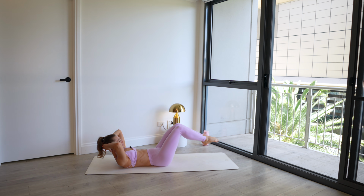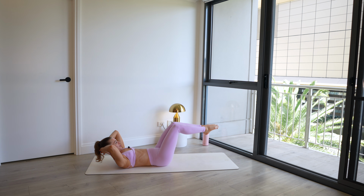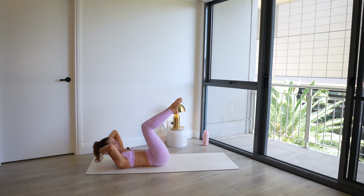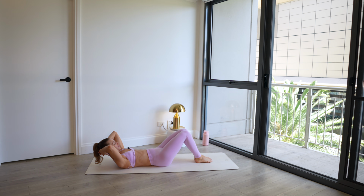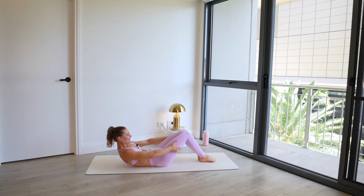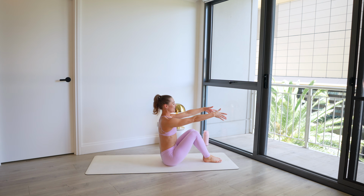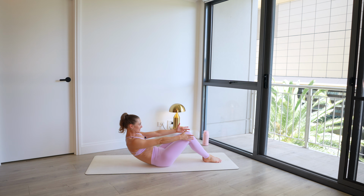Nice, 2 more. Last one. Lower both feet down onto the floor. Reach your arms. You're gonna roll yourself all the way up. Use your hands if you need. Roll, roll, roll. All the way up, sit tall, and then roll your spine all the way back down to